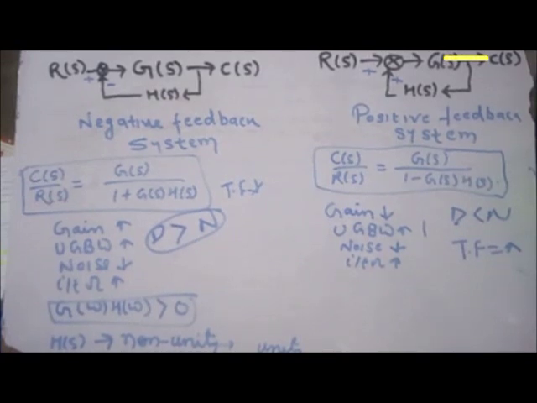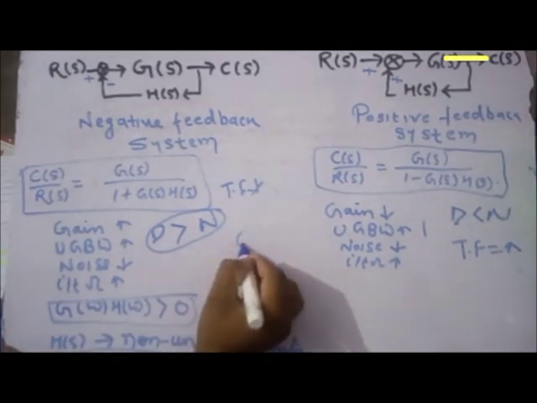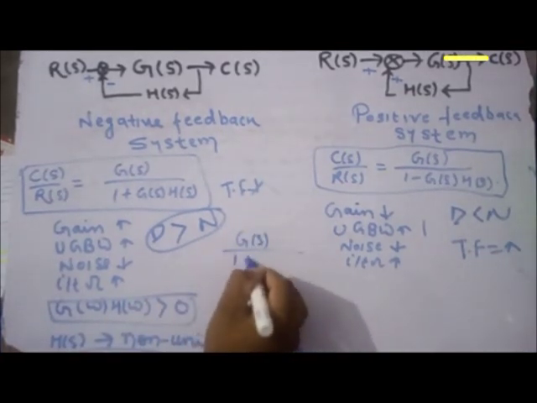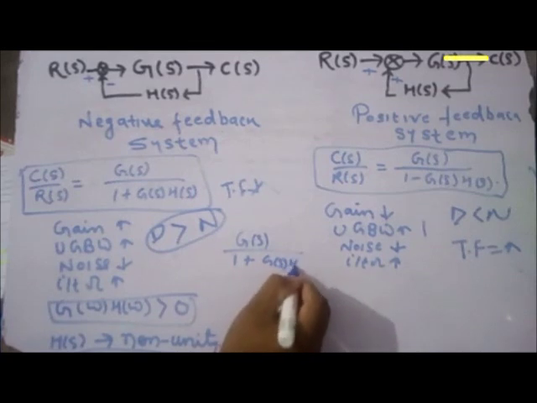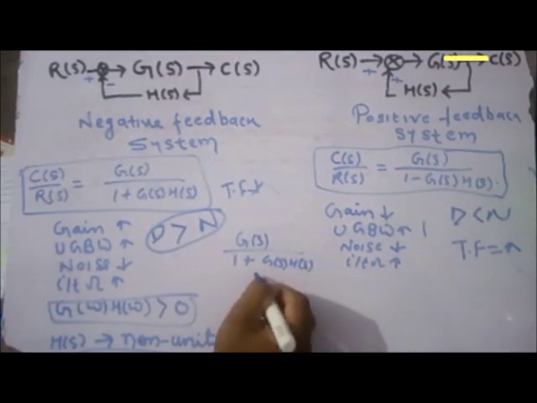Because a negative feedback system improves the relative stability. If the condition G(s)H(s) is greater than 0, then it will increase the relative stability. That means it is a negative feedback system, and it will increase the relative stability. And we know that the steady state error, which we are finding further, is valid for only